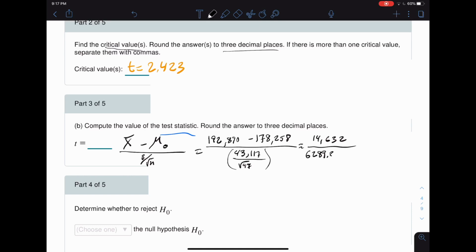I try to keep as much value as possible. You definitely do not round in the middle of your work; you can round at the end. Daughter's calling. Okay. That's probably not important, right? Your daughter calls. Anyways,